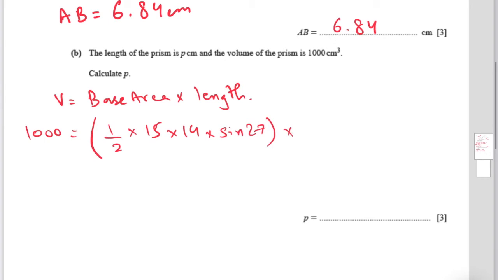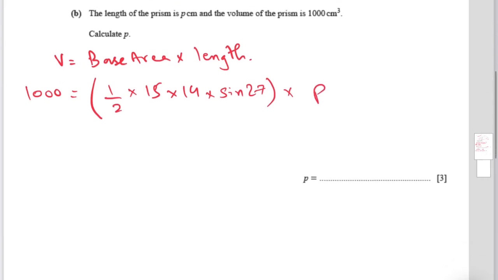And since we don't know the length, we write P over here. So eventually this becomes 1000 is equal to 0.5 times 15 times 14 times sine 27 times P, and we get